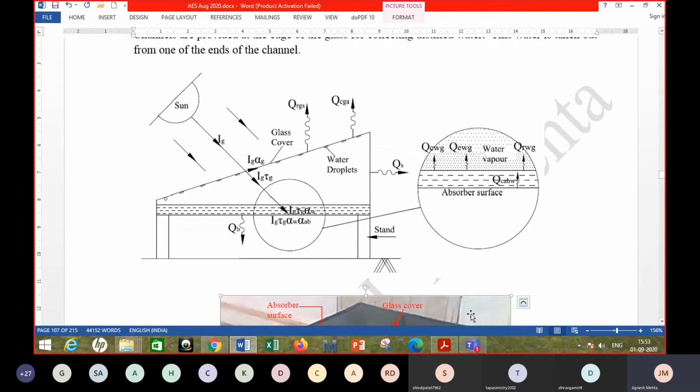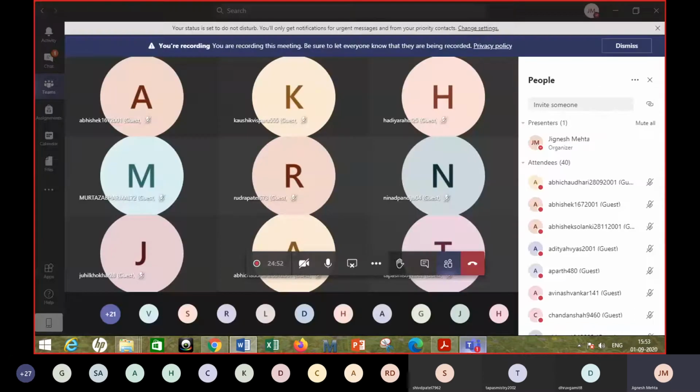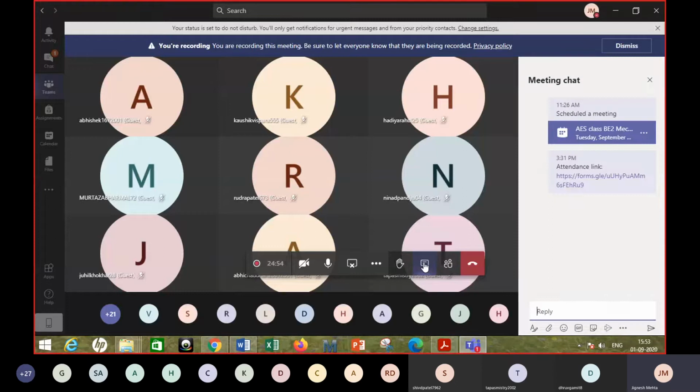Yeah, so it seems I have not got the answer yet. So I will have to answer it on my own. Convection, but which type of convection? Natural convection, forced convection. So it's not conduction. Is it not conduction?